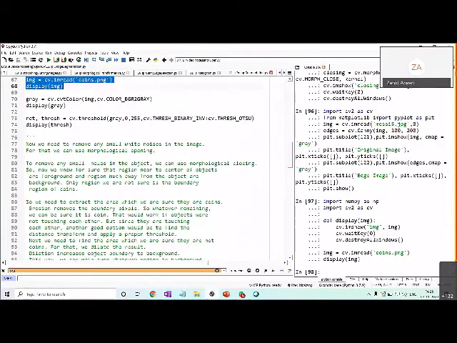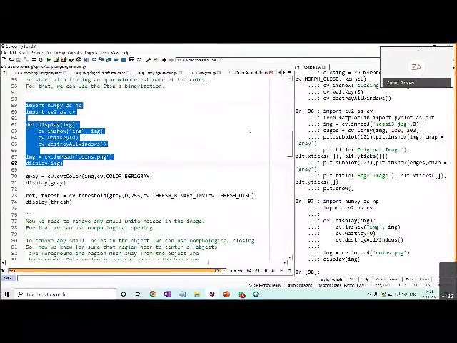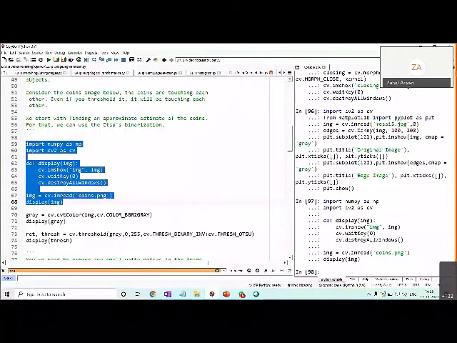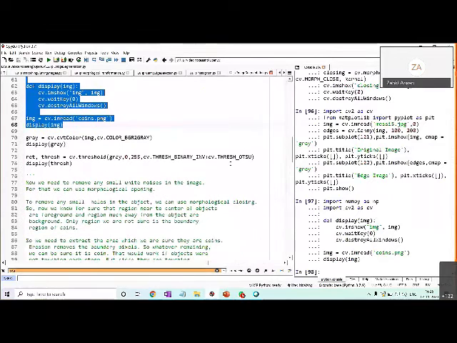Now I am first converting it to grayscale. After that, I am applying Otsu thresholding to get an approximate estimate of the coins.